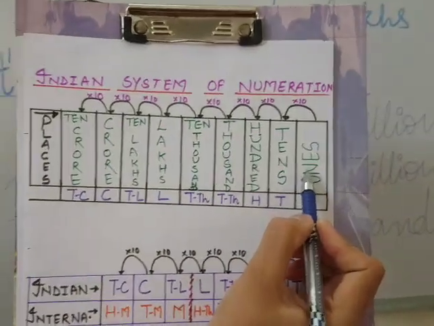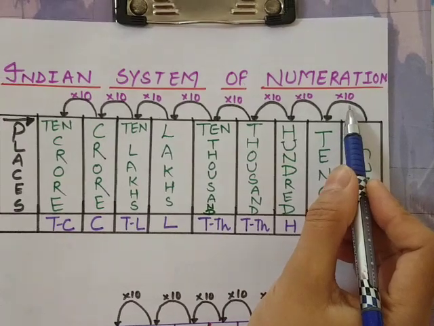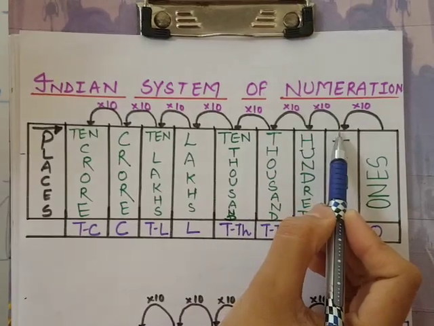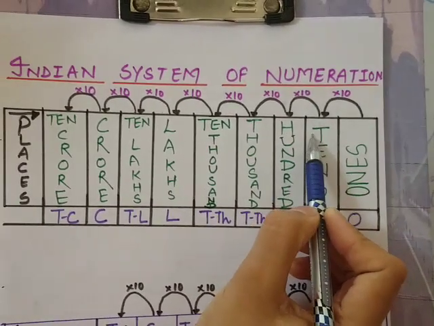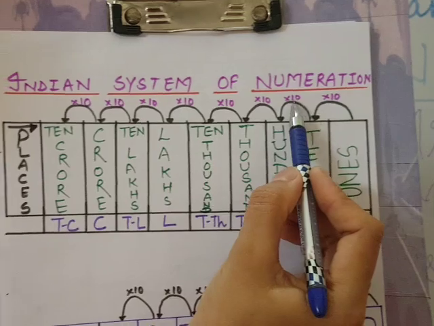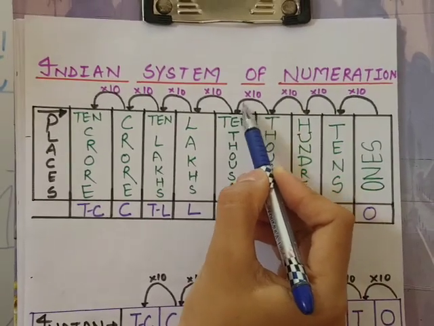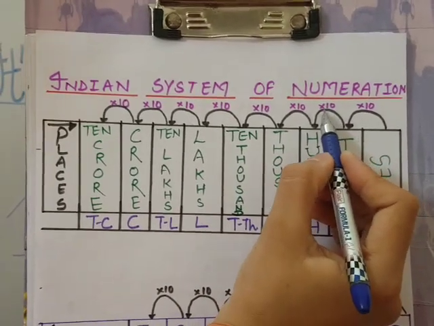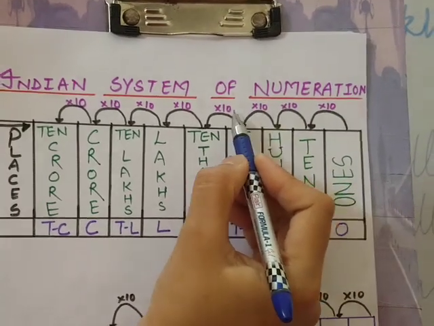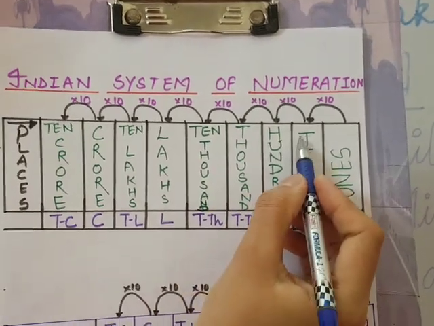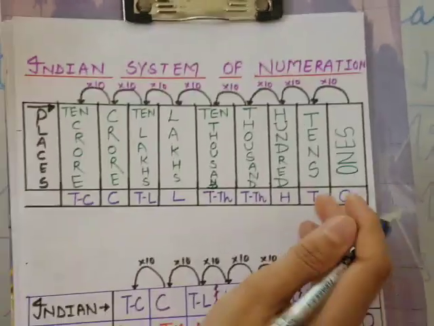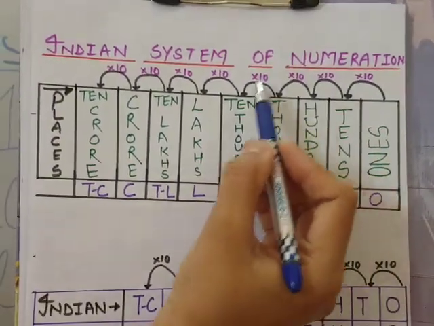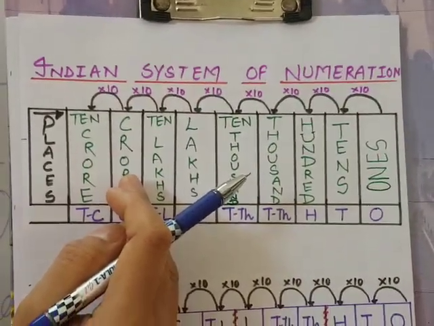As we are moving from ones to tens, we are multiplying it with 10, and as we are moving from tens to 10,000, how many steps have we taken? From tens to 10,000 we are taking 1, 2, 3 steps. So we multiply the number tens by 10, by 10, by 10, which means we multiply this number with 1000 to move to 10,000. By this way we can convert a place to a different place.